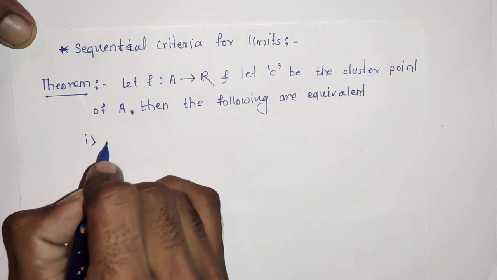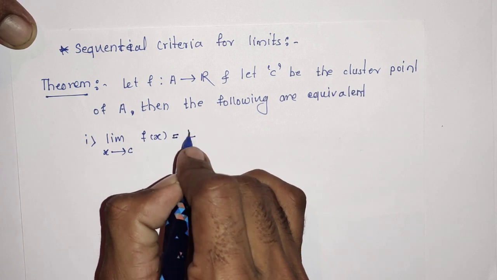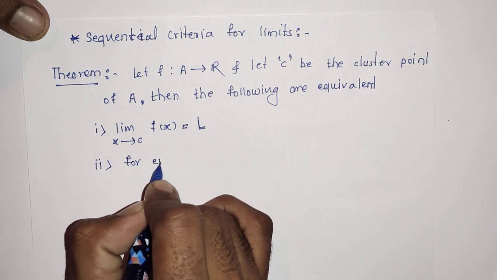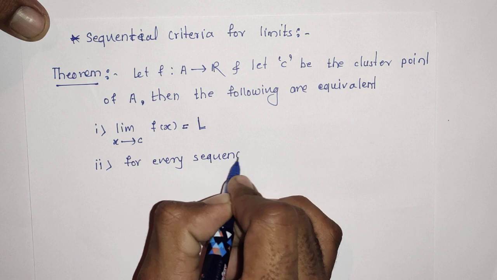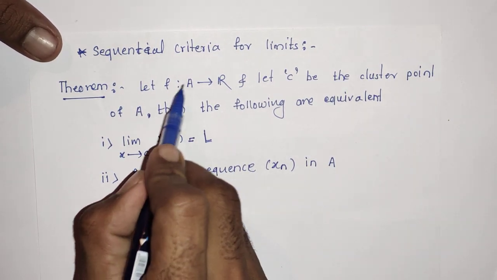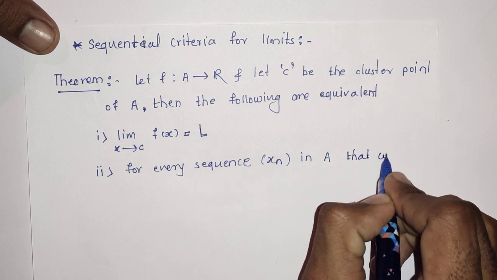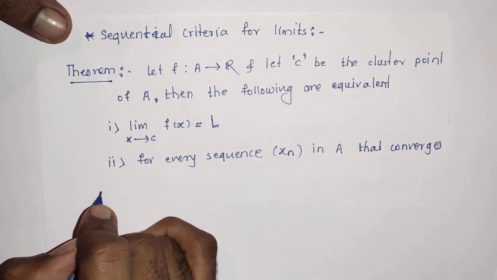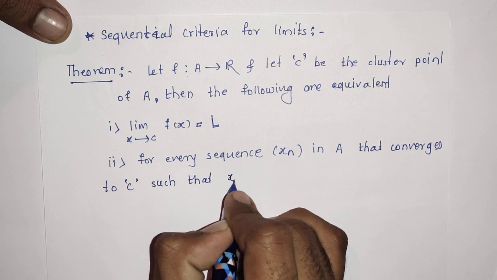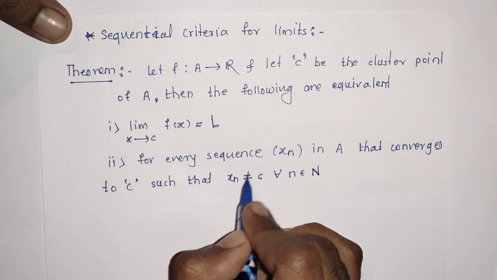The first statement is: limit x tends to c, f of x is equal to L. The second statement is: for every sequence xn in A, that is a sequence in the domain, that converges to c, the cluster point of A, such that xn is not equal to c for all n belonging to the set of natural numbers, meaning xn is not a constant sequence, then